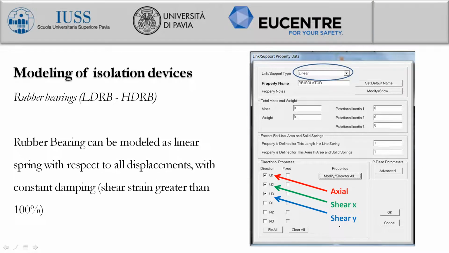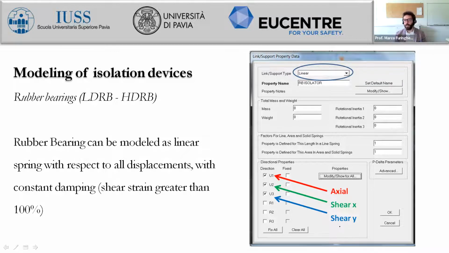Okay. Sorry, can I ask something? Yeah. In the description, you say that the rubber bearing can be modeled as a linear spring. But actually, you're opening the window of links, right? Yes. Are they the same in terms of the definitions of SAP2000 or not? You mean that there is a link with the rubber bearing, right? Yeah. So this is what I didn't really get. So you're going to model the isolation devices as springs and connect them with the structure using a rigid link, or I misunderstood something? No, a rigid link actually cannot be used,